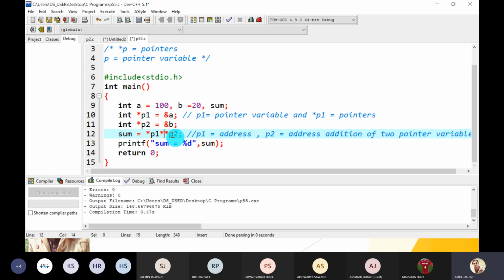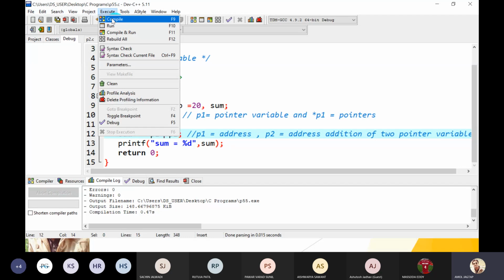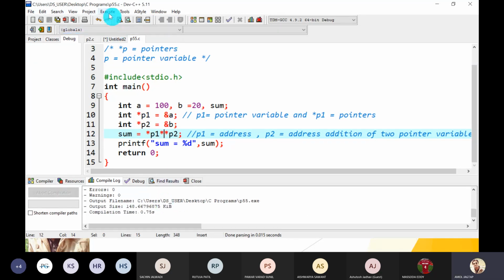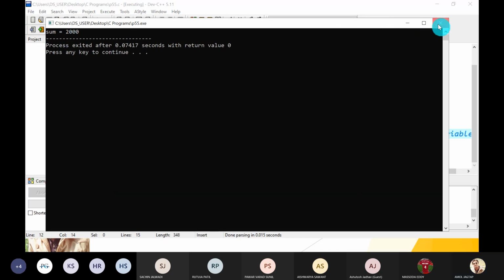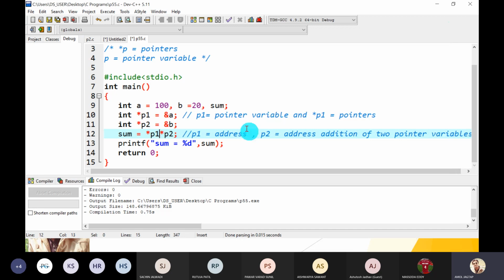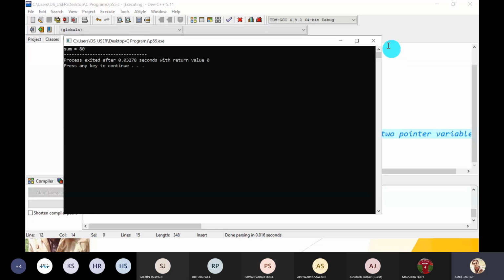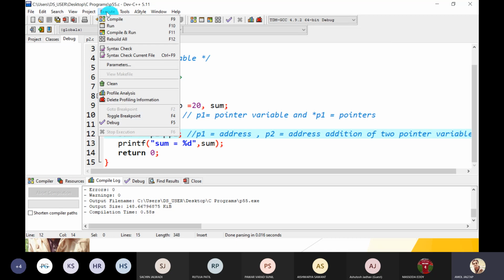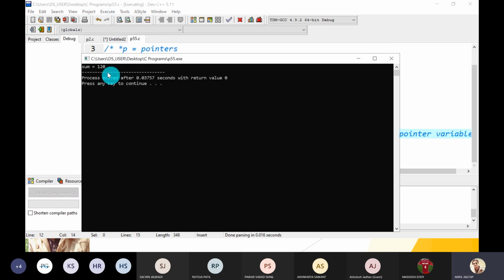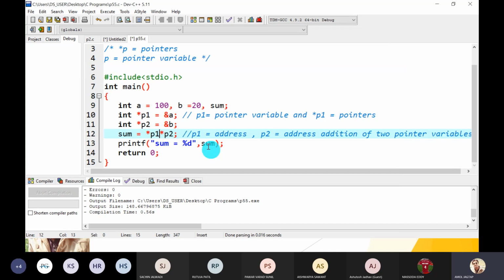P1, 100 multiplied by 20. So it is 2000. Is it possible, or does it also give you a syntactical or any type of error? No, not needed. Okay, it gives you 2000 as the output. Yes, hope you understand. If it is minus, then also there is no need to write space. If it is plus, no need to write space between those two operators. Compile and run. Yes, it gives you the correct output. But if it is division, guys, if it is division, then space is required.